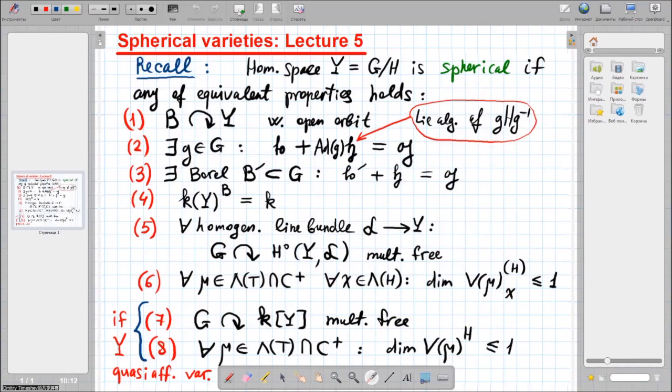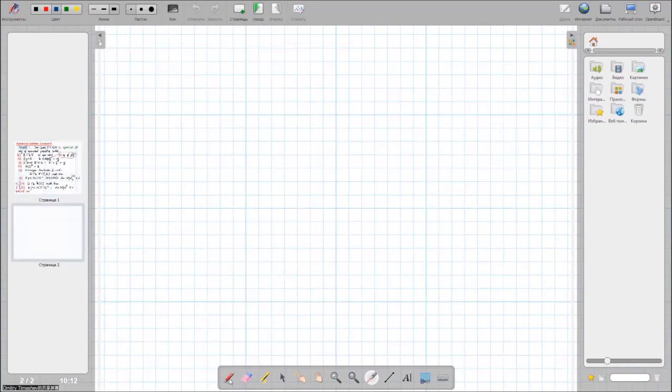And now let me turn to examples of spherical homogeneous spaces. So, examples. The first example actually explains the name spherical. The first example of a spherical homogeneous space is just a sphere,